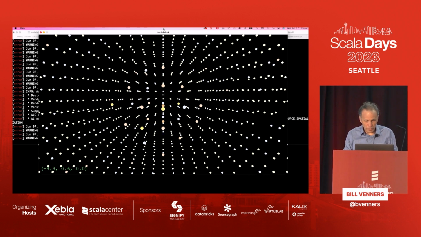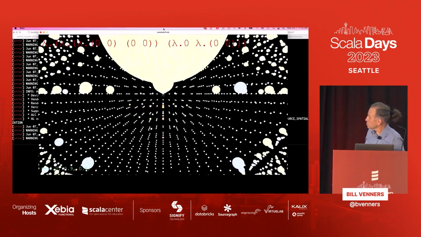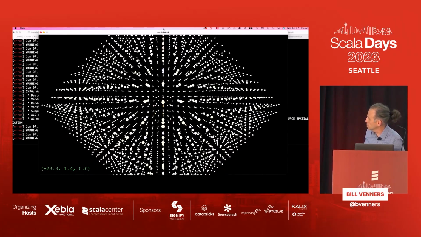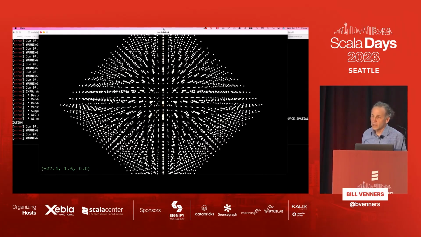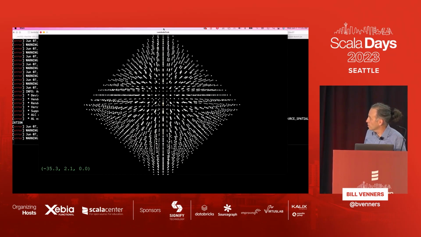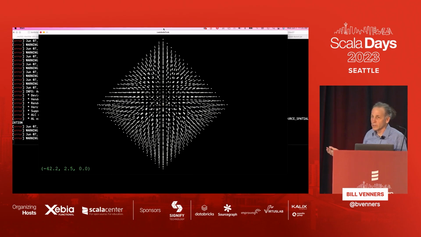So let's back up so you can kind of see what that looks like. We're kind of at the edge of it. So that's what it looks like. It's an octahedron shape because of the way I assign it points. And it's got dark space on the inside because of the way I'm going through Lambda Calculus terms. But I thought that actually looked like something you'd see in an AI talk, so I thought that was appropriate.